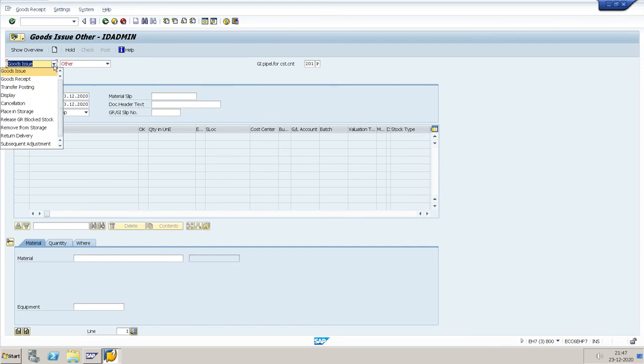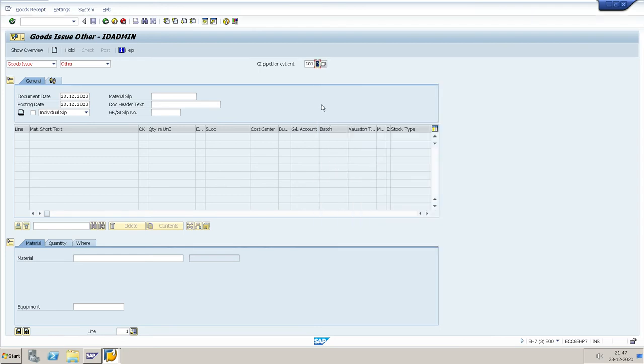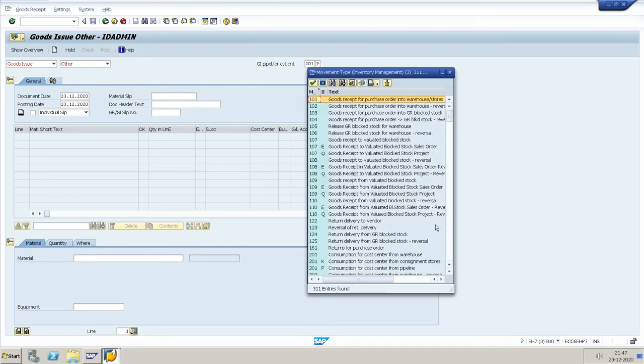Now select goods issue. Here, other. Movement type is 201, special stock type is P for pipeline material. Here you click on check. 201 P is the code for consumption for cost center from pipeline.